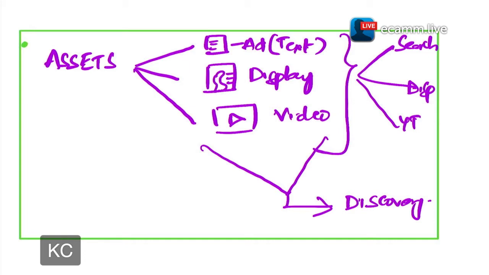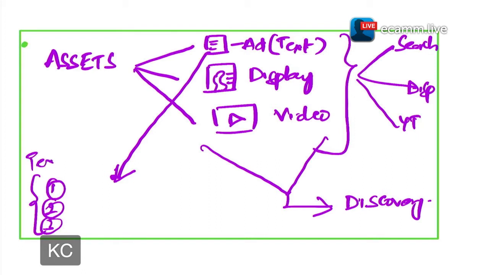Specifically, we would be talking about ad texts in this case, because we would want to understand if I have ad texts 1, 2, and 3, which are text ads basically, which of the elements of these text ads are performing better, which of them need improvement, and which of them are not performing at all. Once I have clarity on this, it makes it very interesting for me to go ahead and make sure what to include and what not to include.